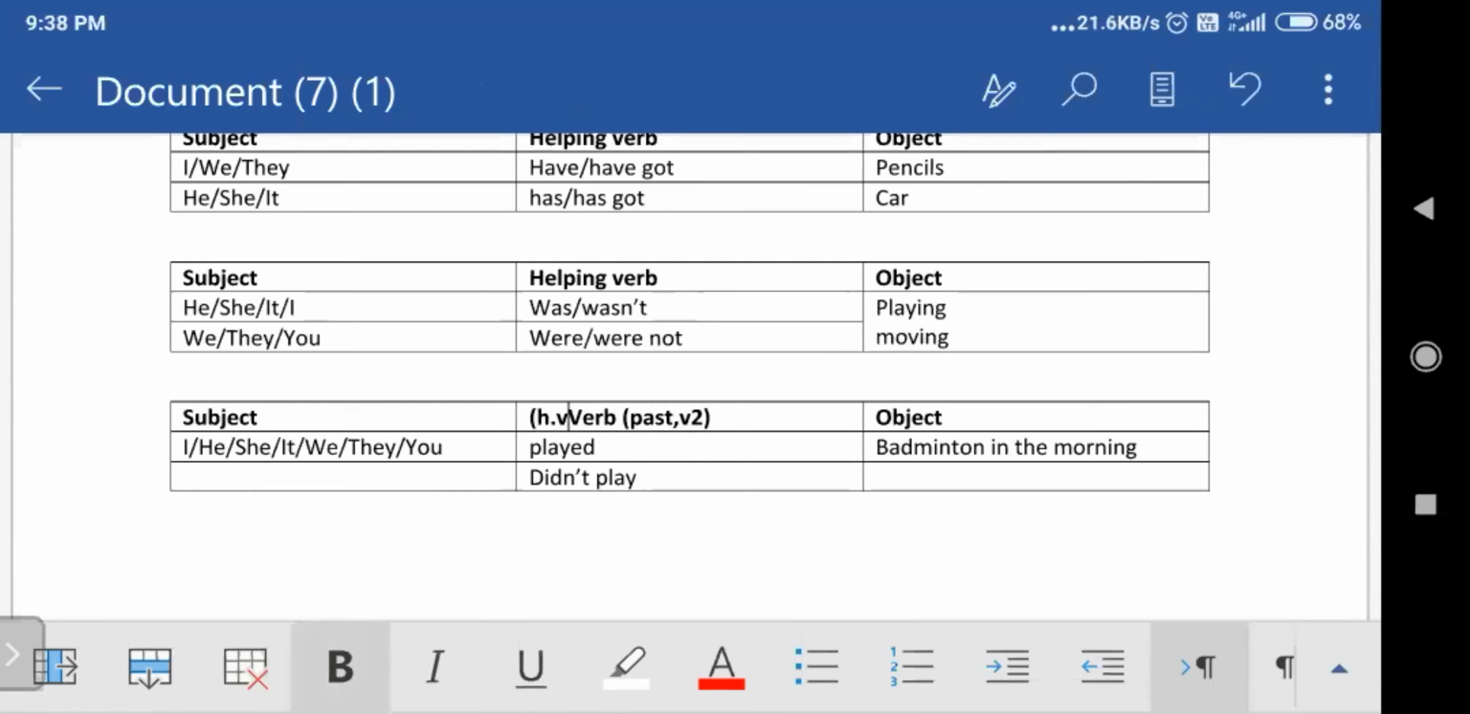helping verb, H and V in brackets, because bracket means it's optional. If you want, you can have the helping verb. If you don't want, you can just have the verb. And we can remove this bracket to avoid confusion. If you're putting the verb, it will be the past tense, which is the second form of the verb. So all of these will work